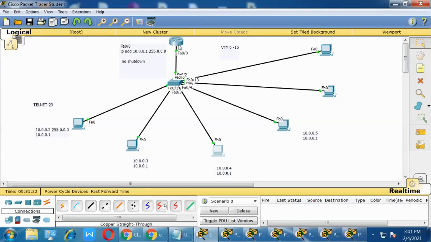Sorry, sales department people, why are they required to access the router? Only the IT department, those people who are related to this network, meaning router and switch. Those people can have the permission. Those people need to access the router, right? The rest of the people don't want to.